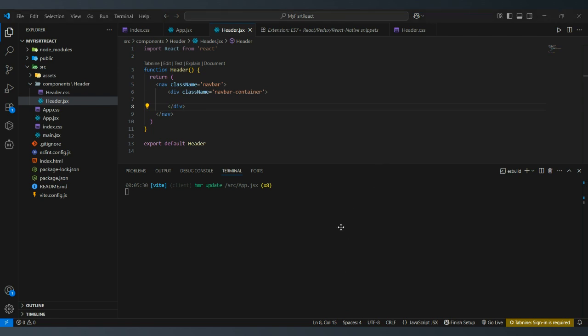Okay, so this code that you are seeing here, how do I run this code? I will import this file inside our main file. So how do we do that? You come here,